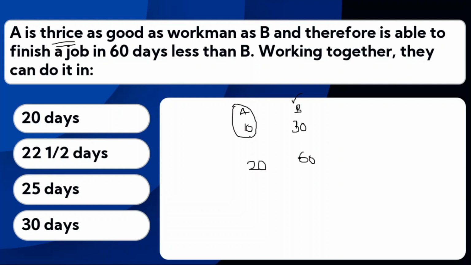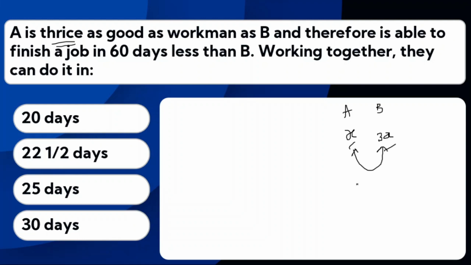So just assume that if A can complete the work in x days, then what will be the time required by B? It is 3x, right? So that is the concept you have to be aware of. Just remember that when A is thrice as good a workman as B, or more efficient than B, you have to think in a conceptual way that the times taken by A and B are 3 times to each other. Simply, if A completes in x days, B can complete the work in 3x days. This is how you have to assume. A is x and B is 3x. What is the difference between these 2 days? The difference is 2x, right?